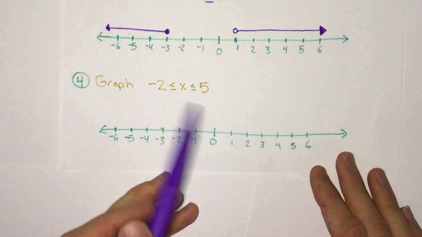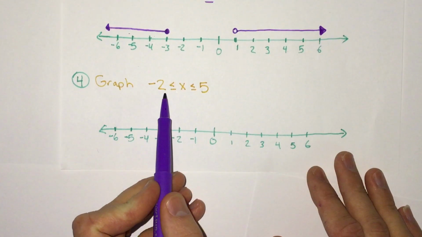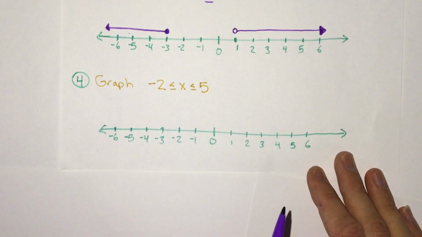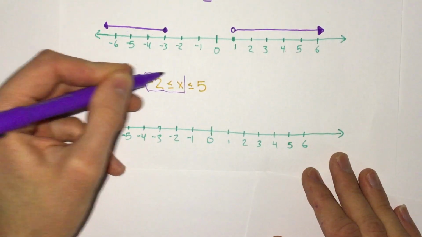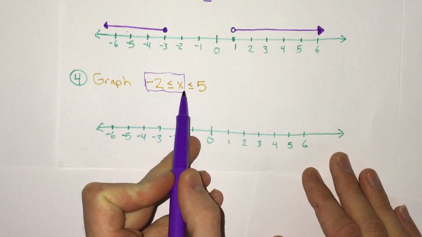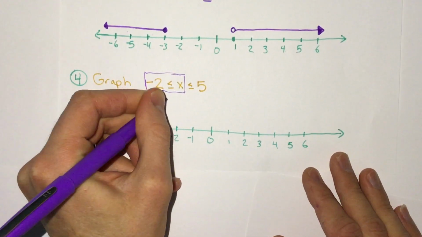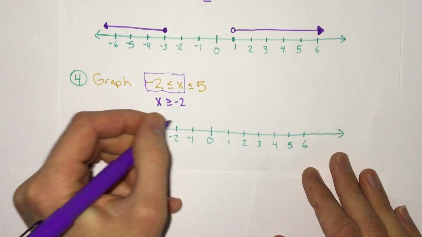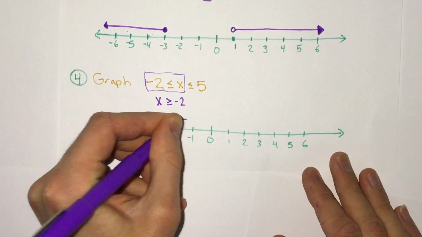The last one we have is a compound inequality. This literally says graph negative 2 is less than or equal to x is less than or equal to 5. Now that's a lot to go on, so let's break this down. First, let's look at what this says. This says negative 2 is less than or equal to x. If we flip this around, this says x is greater than or equal to negative 2. So we can put a dot at negative 2, since it's equal, and we know we're going to go right,